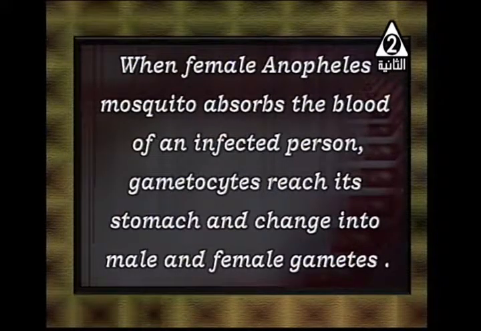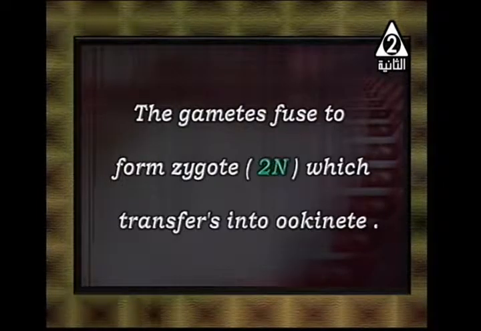Male and female gametes. And this is the sexual cycle. The asexual cycle happens inside the human by infection of red blood cells and liver, while here it happens inside the mosquito itself, when the gametocyte reaches its stomach and changes into male and female gametes. The gametes fuse to form a zygote, like any normal sexual reproduction, to transform into something called an ookinete,